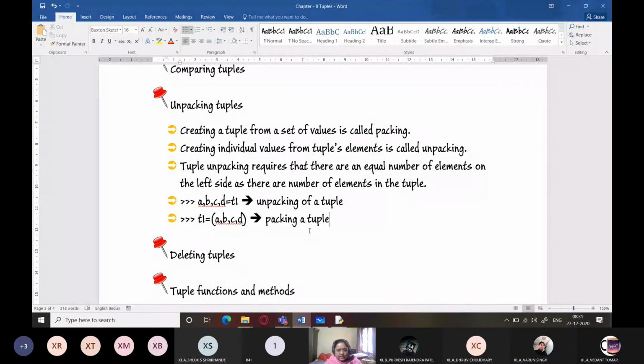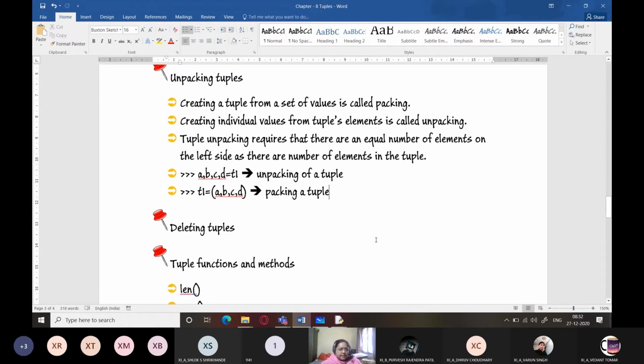And packing a tuple means again collecting all the variables together and placing them into a tuple, that is known as packing a tuple. So packing and unpacking is a very useful concept of Python. Okay, you can easily do this. And you can also modify the elements just like I modified it just now, right? So you can also modify any elements of a tuple using packing and unpacking.